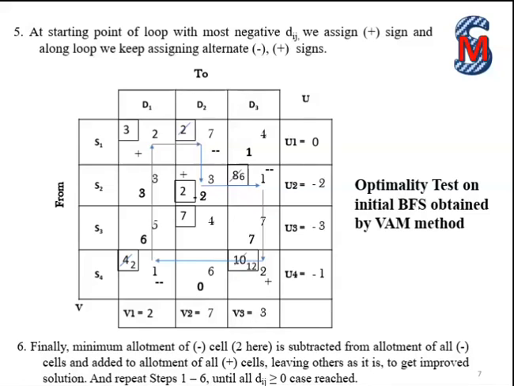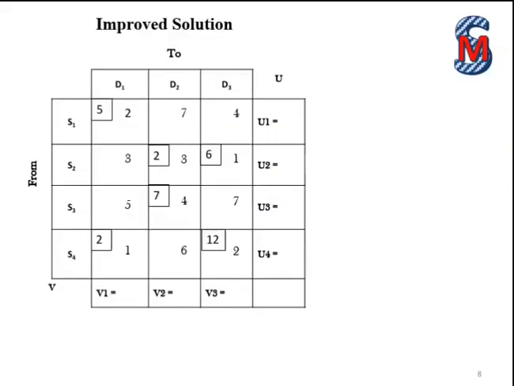Now the next cell with plus sign is having allotment 3, the S1D1 cell. To this cell again we'll add 2 and the allotment will become 5. Now the remaining cells which are not in the loop and are occupied, we leave them as they are with their allotment. And this is how we get an improved solution. So we rewrite this improved solution in a proper way as in the next table. Now this improved solution, we again need to check for optimality, whether it gives us an optimal solution or we still need to improve it further.